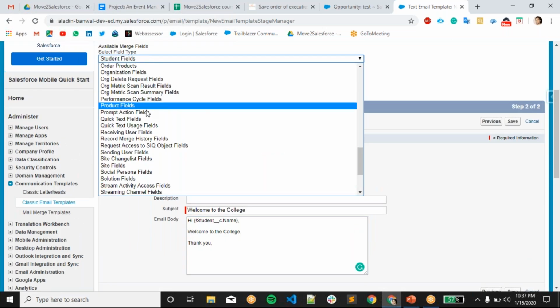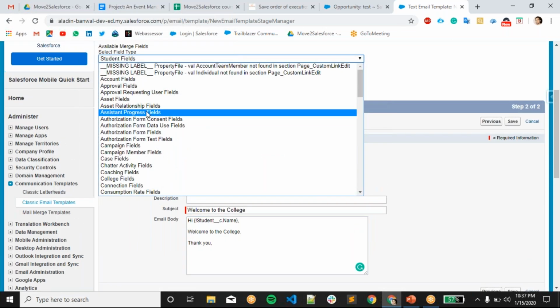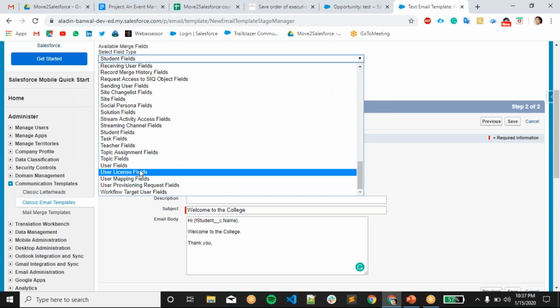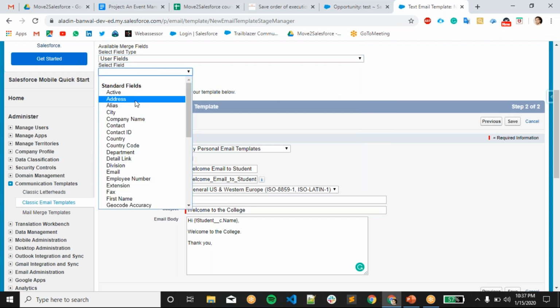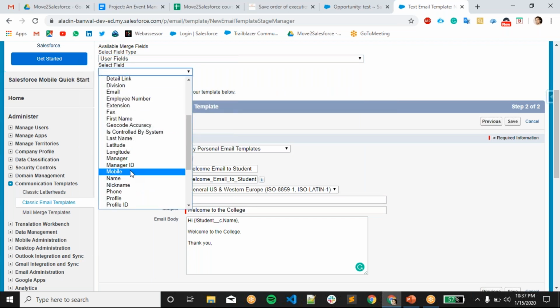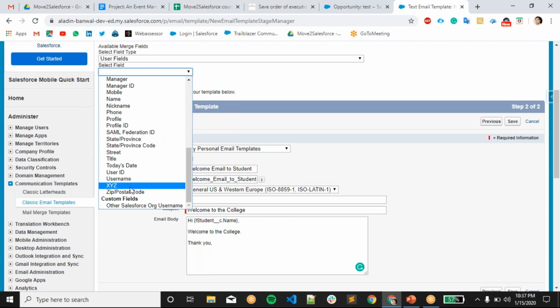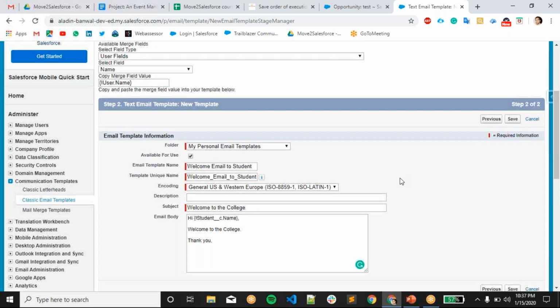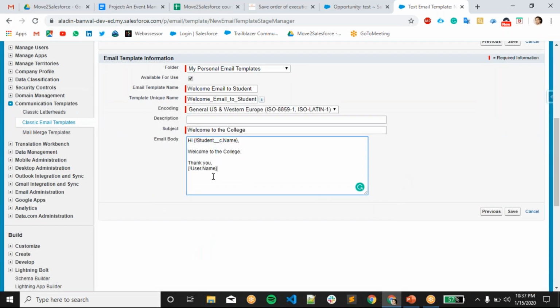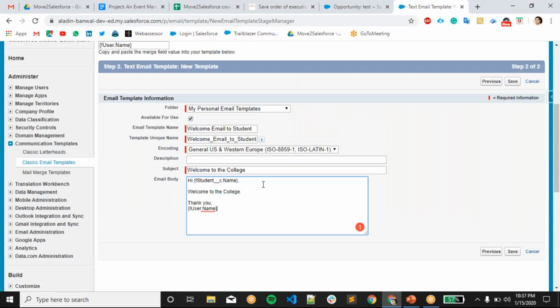So who sent this email, you can also give by using this user field, name, so that the user who has sent this email, his name will be coming over here. So this kind of text email you can give.